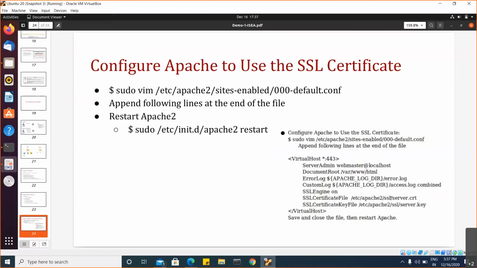This path represents the digital certificate of the server, and this path represents the private key of the server. So what we are doing is telling SSL that whenever the data comes to 443, it should enable SSL, the digital certificate of the server is this, and the private key of this particular digital certificate is stored here. The following information needs to be appended to the configuration file. Once we have done that, we'll reboot it.